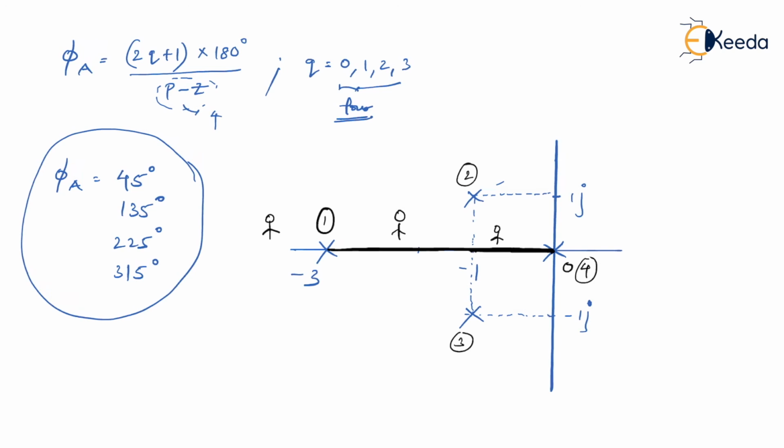Yes or no? Okay. Now what I wanted is to plot those angles first. So there are 4 angles in total. For that I need to confirm where my centroid is. So the centroid is at -1.25. So somewhere over here it is -1.25, from which you have to draw 4 angles. Which are they? One of the angles is 45 degrees.